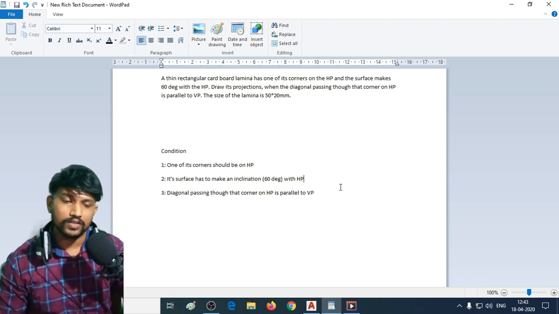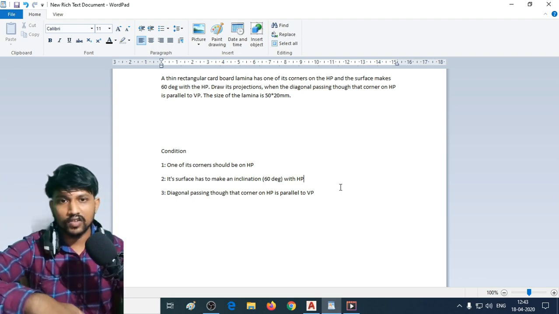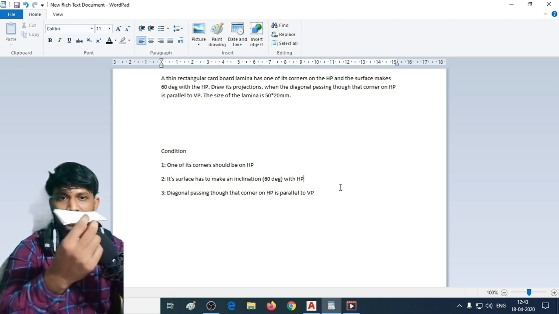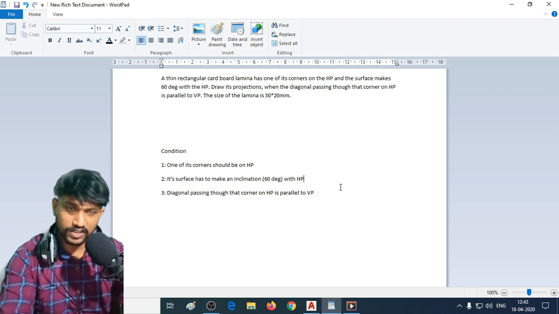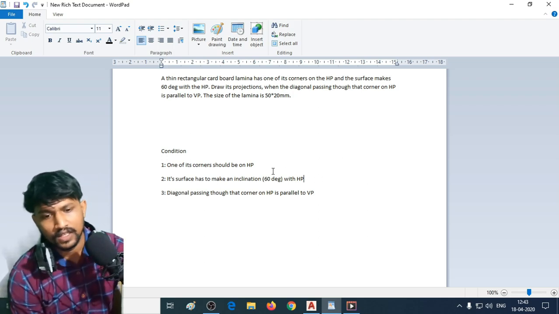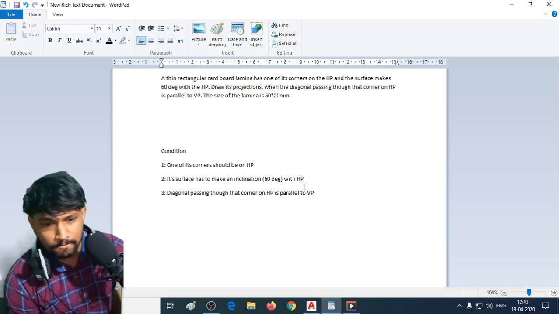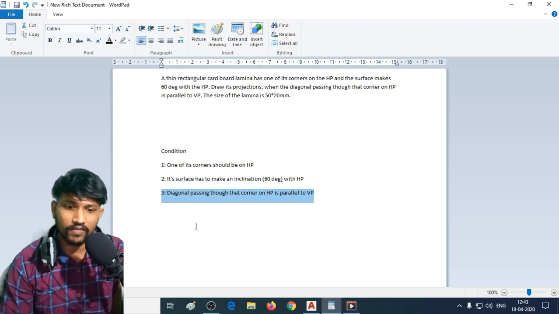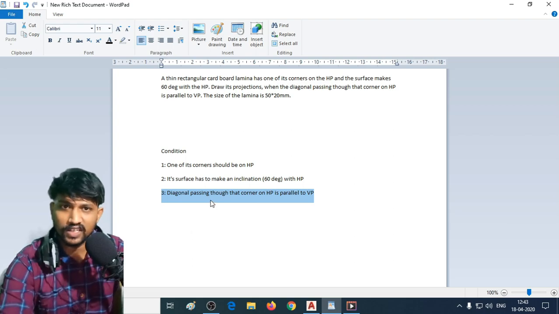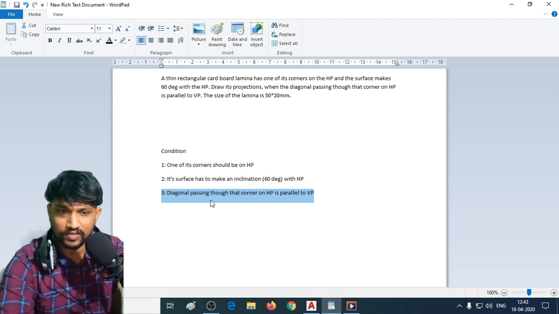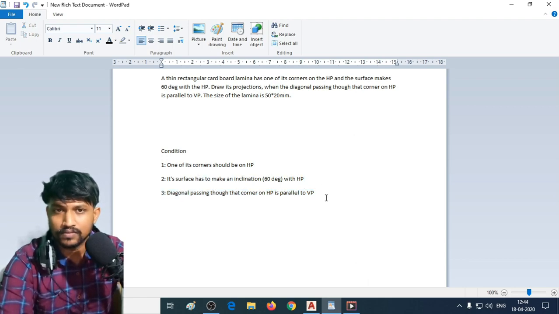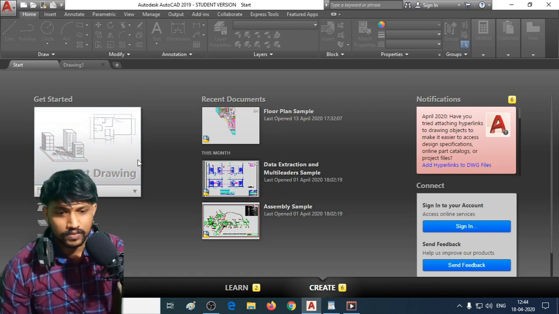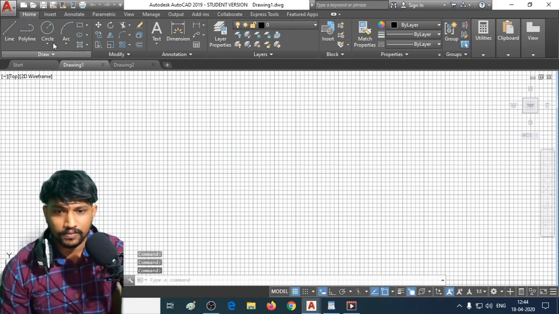So from the top view, how is it actually going to look? From the front view, how is it going to look? I will take those projections, which means I am taking the third condition initially. I have to satisfy these three conditions, need not be in order. So I'm going to satisfy this condition first. Let me draw an XY line.